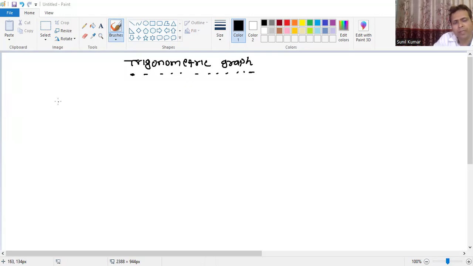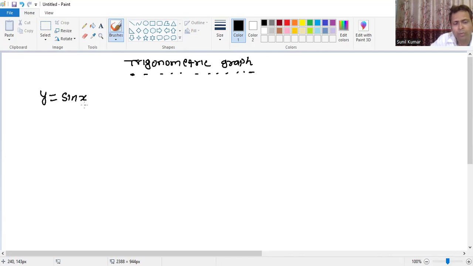Okay, so we know that we have a total of six trigonometric ratios. We have y equal to sin x. First one is that. So I'm going to explain graphically, and other properties of sine I'm also going to explain in a graph here. So we know that we have some values of sine: 0, 30, 45, like that. So first, what we have to do, if suppose you don't know how to draw the graph,